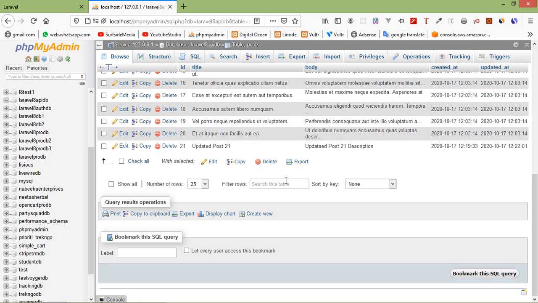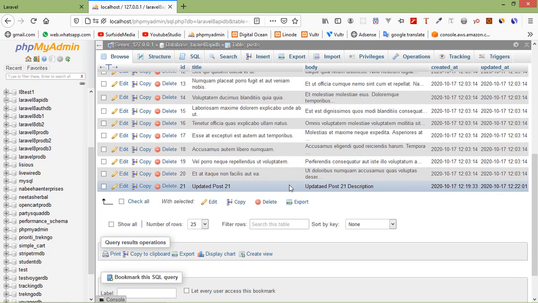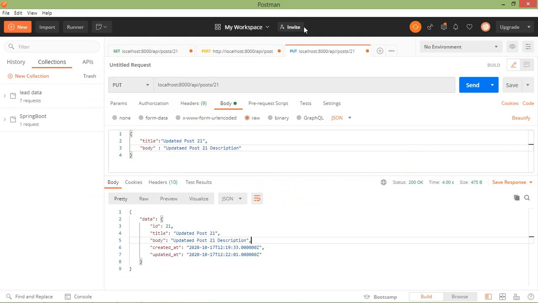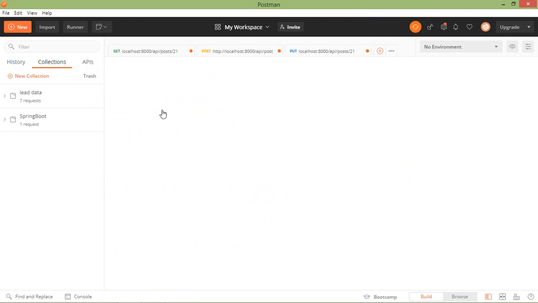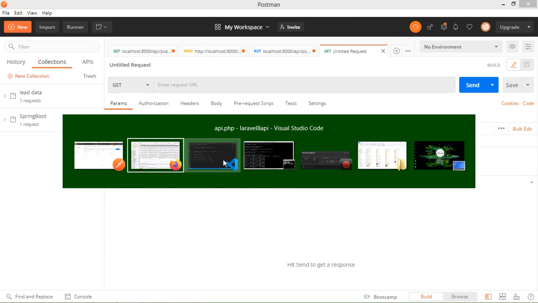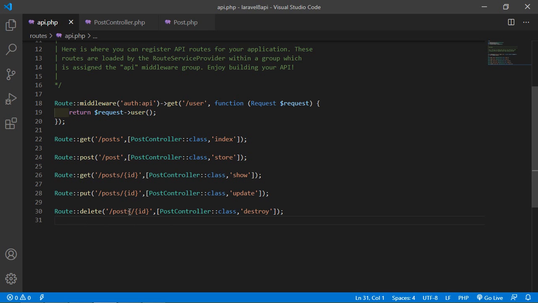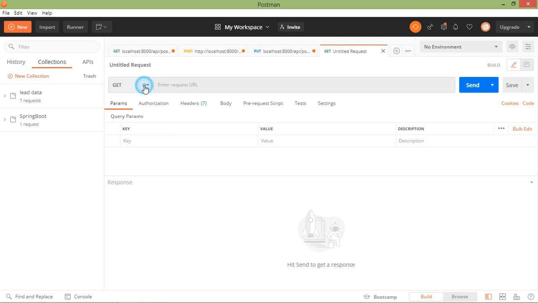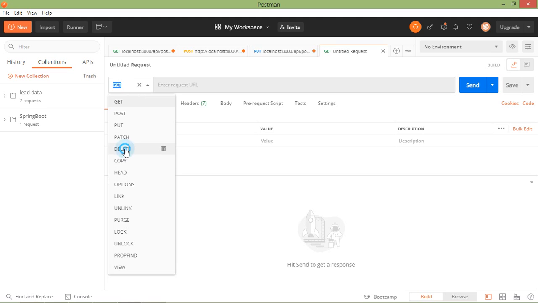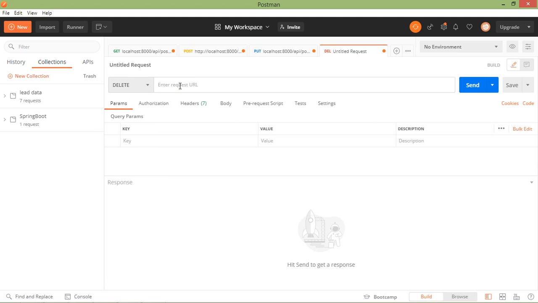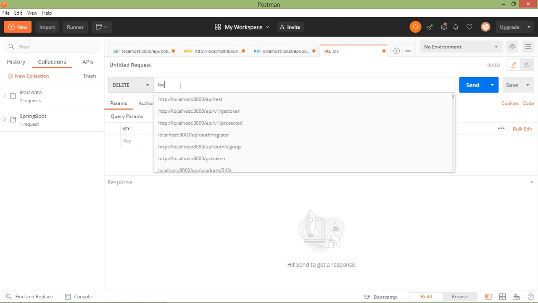Now let's see the delete route. For that, just open a new tab and call this route, posts and ID, and the method is delete. So just select the method delete and URI localhost colon 8000 slash API slash posts slash ID.